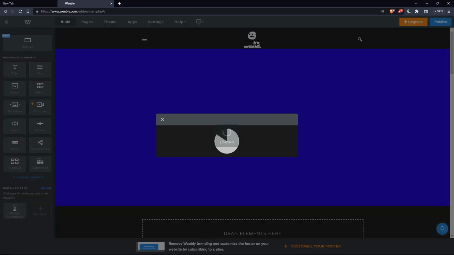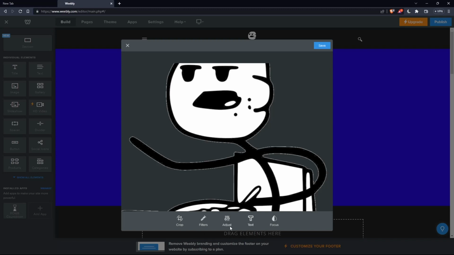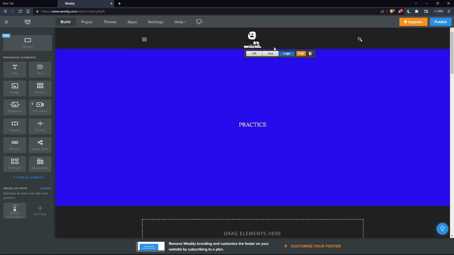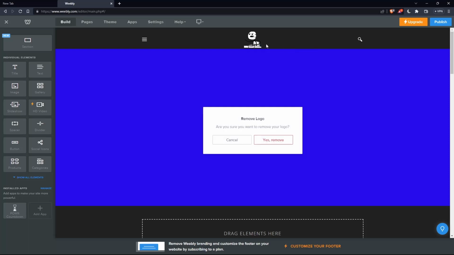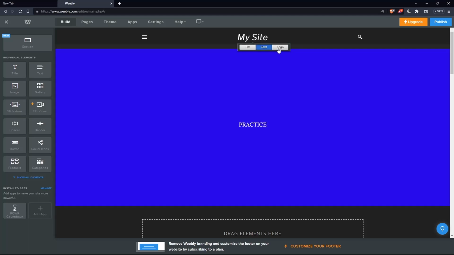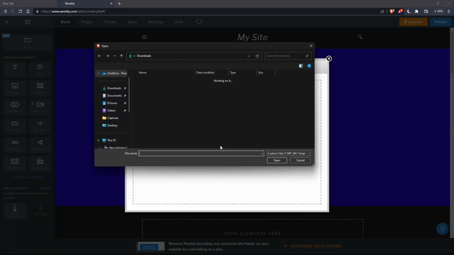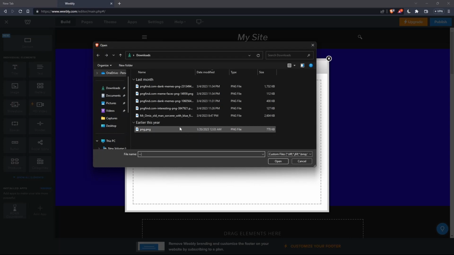If you click on edit, as you can see here, we will not find any option to edit the size of the logo. But what we can do, of course, is go here to logo and, instead of editing, just delete this. Yes, remove. And now go to logo, upload from PC. And as you can see here, if you want to edit the size of your logo, you will have to